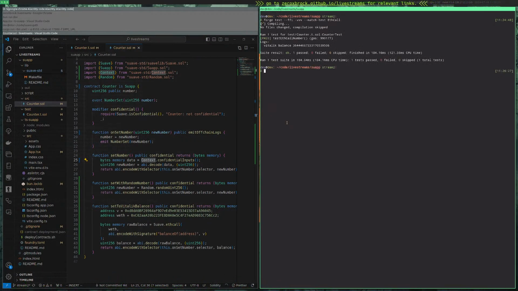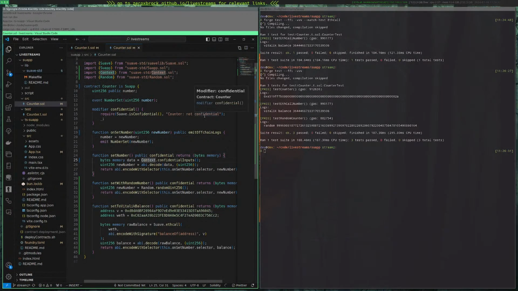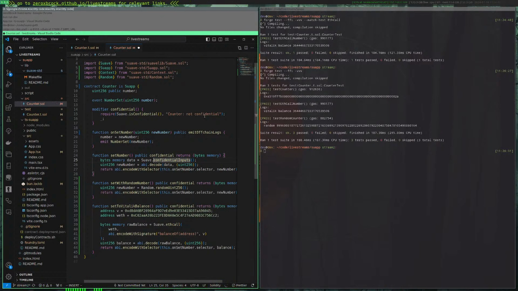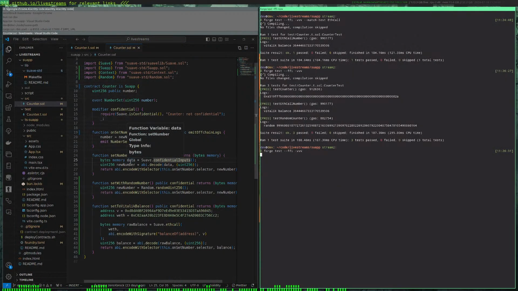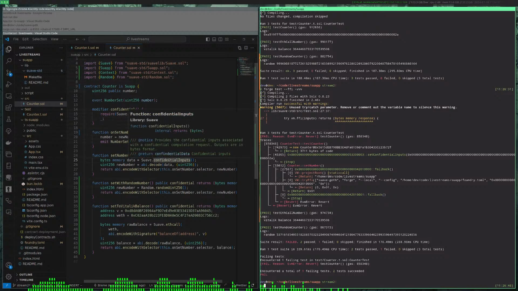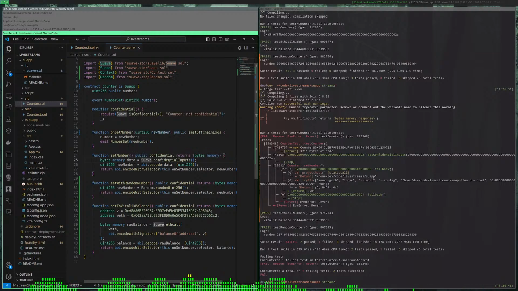Sanity check: I'm going to run all the tests. Okay, all the tests pass. Let me switch this back to suave.confidentialInputs and run the tests again. And they fail. 2 passed, but 1 failed. Which one failed? Test counter, the one where we actually pulled confidential inputs. That makes sense. So suave.confidentialInputs, if I